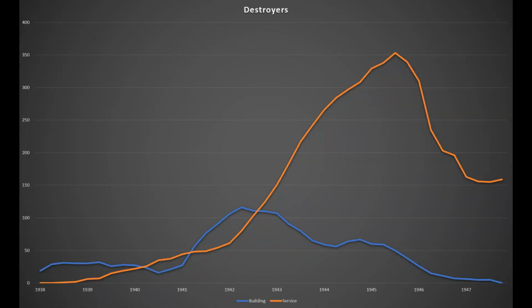So here's US destroyers. As you can see, there are a few under construction in 1938 and going forwards, but they do have a little bit of lead time. So they're not as slow to build as cruisers, battleships, carriers, etc. But they, at least pre-war, are taking around about 1.5 to 2 years to get fully commissioned. That does come down a bit during the war period itself, but as you can see, in the pre-war period, starting 1938, once again emphasizing these are new builds only,